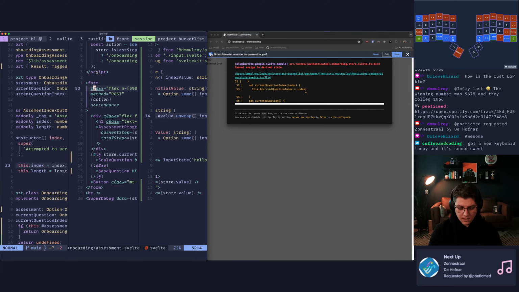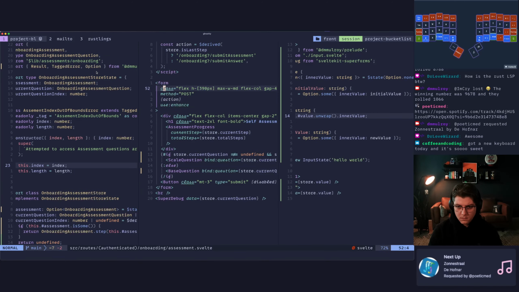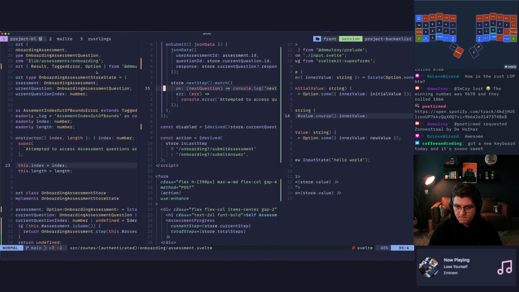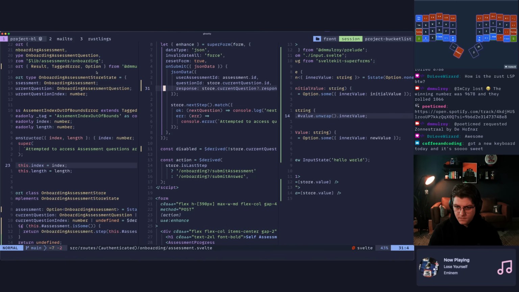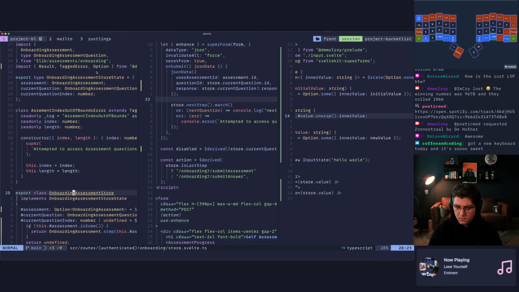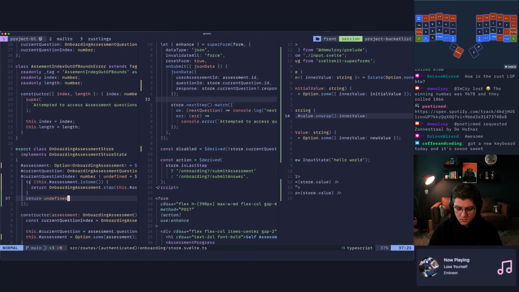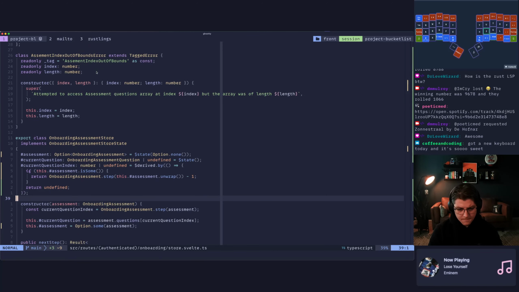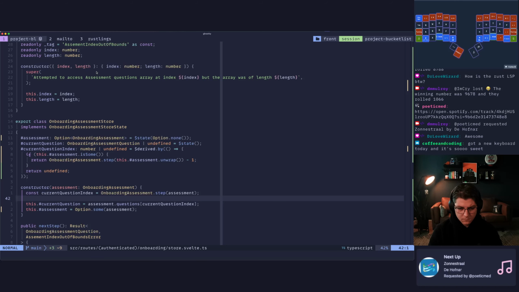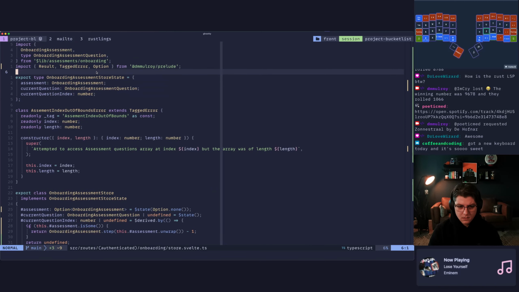Where are we setting to derived state at? Oh, right here. Current question index.